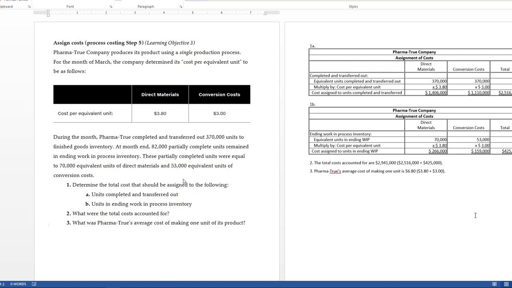And of course, part 2 is just asking what are the total costs to account for or accounted for. And that's just the total of our completed and transferred out, as well as those that are still in ending work in process inventory. Add those together and you get